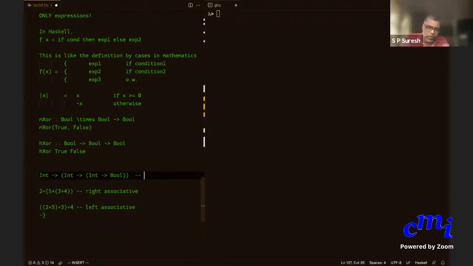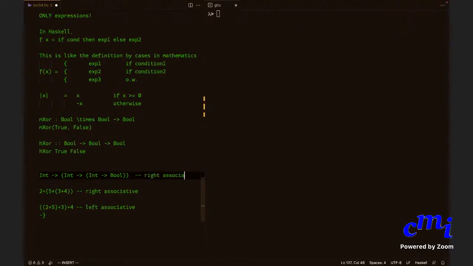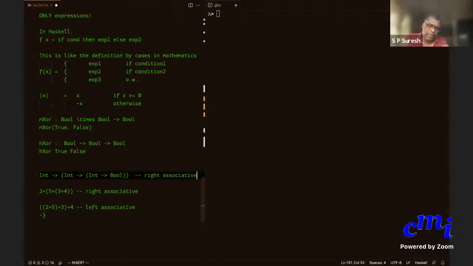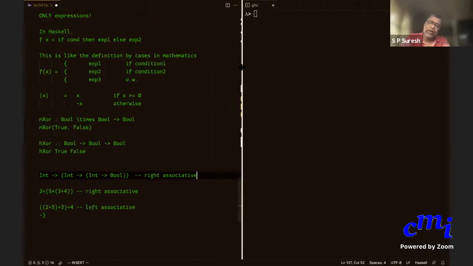No. Sorry. Once more. Suppose you have a function, you input 5 and you output a function which has a plus 5 to it. Okay. Then your next input is 7. So will it compute 5 plus 7 first, or will it wait? You will see later that it won't. Okay. We'll see later, but you don't need to worry. Ultimately, when you want the result, it will compute it. So it doesn't matter.